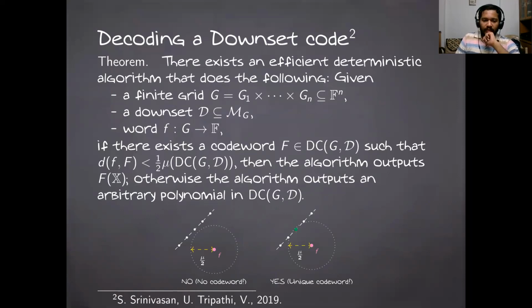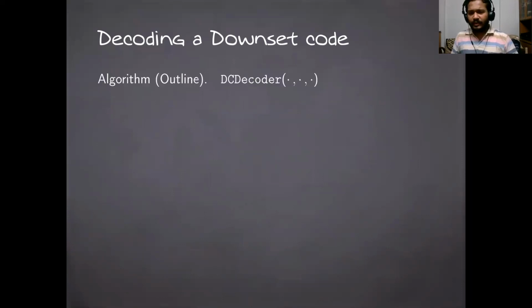Okay. So a small zoom out of the diagrams that we have seen before in this case. The only 2 cases that we can have are either the received word is too far away from the code, in which case the algorithm will still output a code word which will not represent the given word. In the other case, we have exactly one code word that is close enough and the algorithm works perfectly. So let me take you through the outline of this algorithm. I won't describe it in full detail. This is just to illustrate where the minimum distance is playing an important role. Why are we really concerned about this radius?